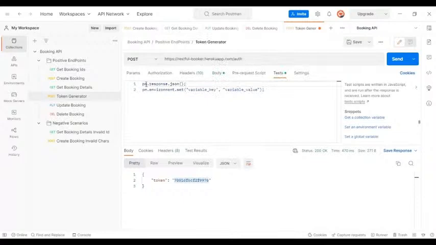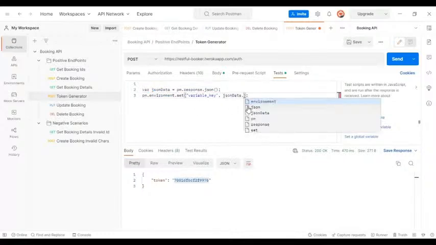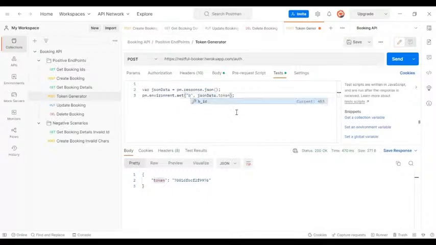Then I will assign it back to a variable called jsonData. After using this jsonData variable, I will specify the key here. So that's it. Here we can specify the variable name, that is the variable key. It can be anything. In my case, I'm specifying b_